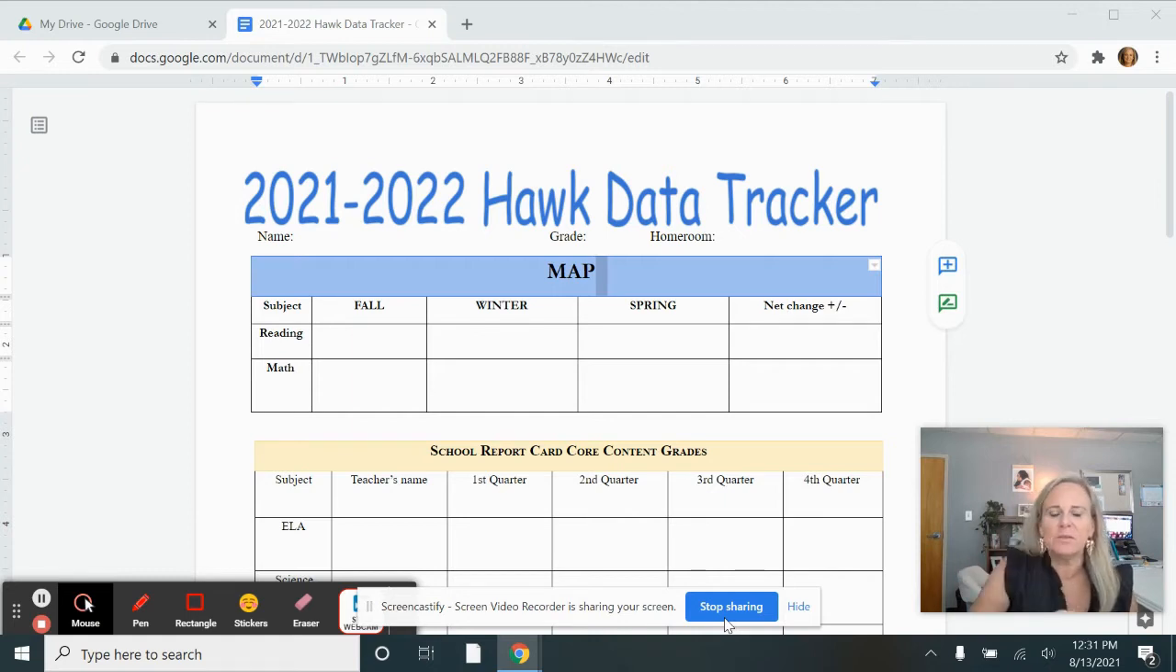So you see on my screen what it looks like. I also have one here, but it says at the top that you're going to put your name once you get it. So you'll put Joe Smith or whatever it is, your grade, and then your homeroom teacher's name will go there. And then when we get our MAP scores back, you'll be taking that 3 times: fall, winter, and